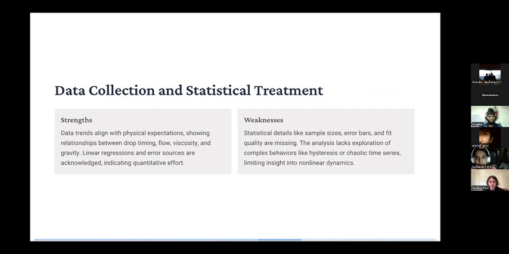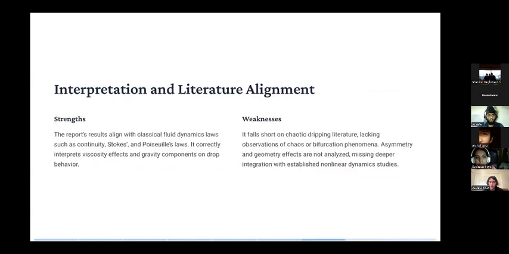For data collection, I would say one strength is that the data trends align with physical expectations, showing relationships between drop timing, flow viscosity, and gravity. But one weakness was that the usual statistical details, like sample sizes and fit quality, that are present in reports were lacking here. So, on literature alignment, one strength was that she